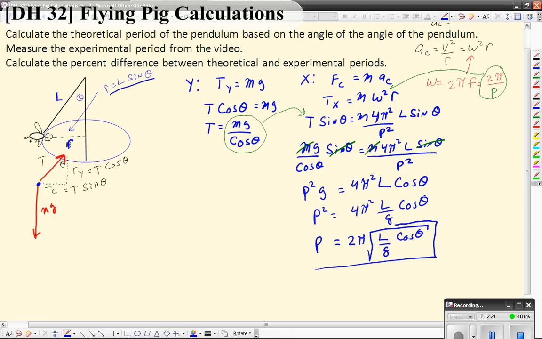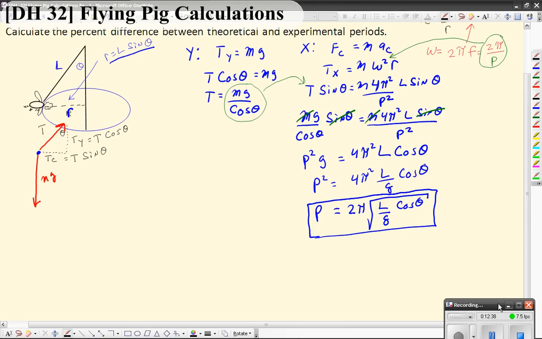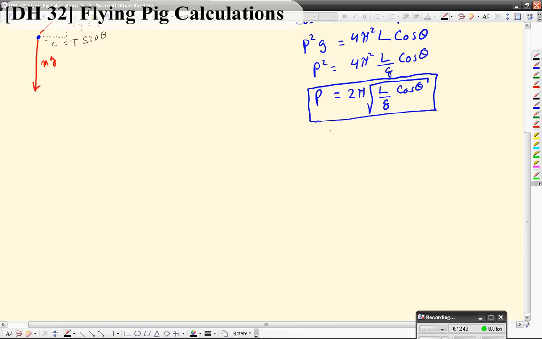Cool. How many of you have lost track of what the point of the whole problem was? Let's see what the actual numbers are when we plug it into here. So what's our theoretical period going to be? If I take these numbers and I start plugging them in, let me just give us a little room to work here. Period, I like the thicker marker. Period is going to be equal to 2 pi times the square root of the length, which you're told is